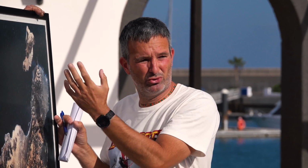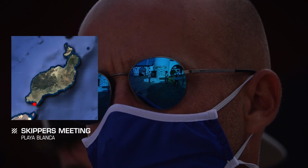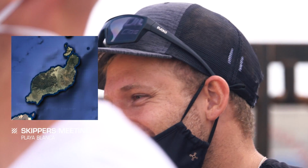Big, but don't go too close to the shore. To Las Cullaras, here. Coast is the only part that we will have sand. The first to arrive have more time to be in the beach